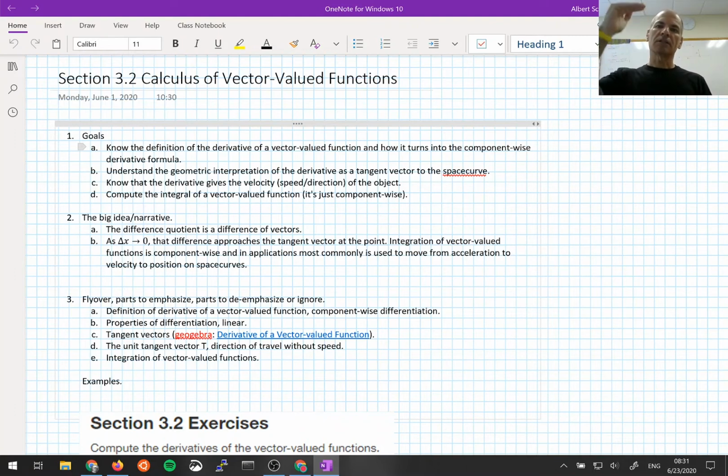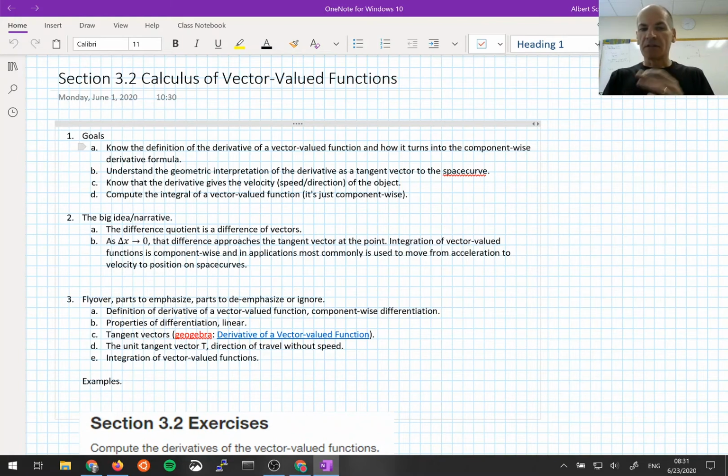So acceleration, velocity, and position: I can get from position to velocity with a single differentiation. I can get from velocity to acceleration with another differentiation. And I can go back up the ladder. I can go from acceleration to velocity by integrating, from velocity to position by integrating. And really the only difference between what we're learning today and what you may have learned in Calc 2 about velocity, acceleration, and position is that you're working with vectors now, and you have to interpret that. All right,